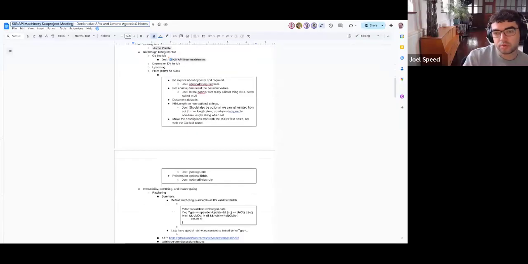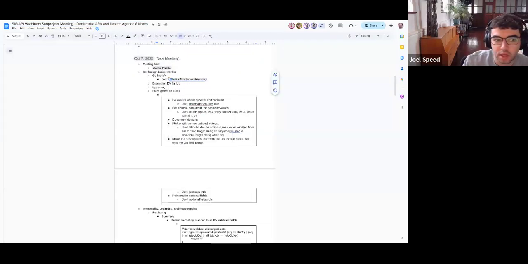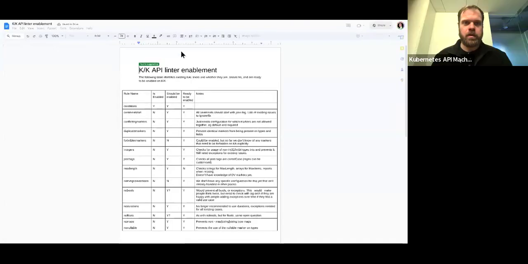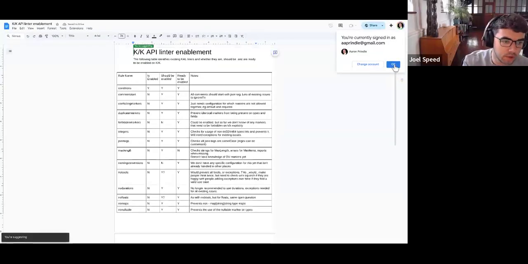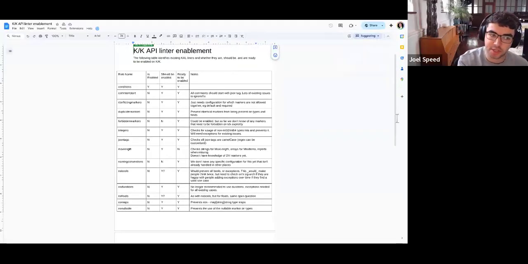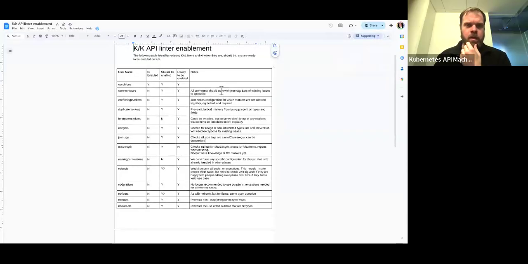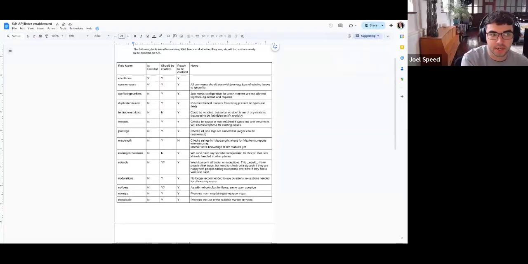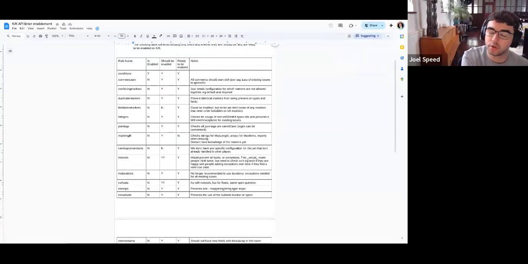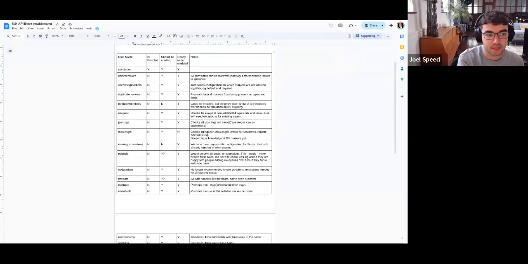Yeah, so I went in to look at KK and then the stuff that we've already implemented in Cal. If you open that doc, there's a table there, which basically shows four columns. Is it enabled? Should we enable it? Is it ready to be enabled? And then notes on what it is, what it does, why it might not work yet. So going through this, most of the rules that we already have in KK could be enabled directly; most of the things we've implemented in Cal are ready to just be enabled in KK, which is great.